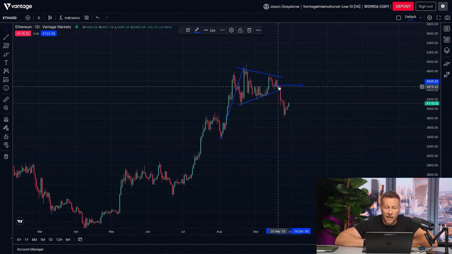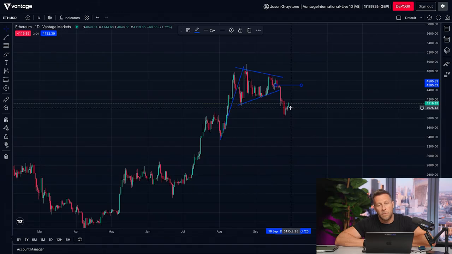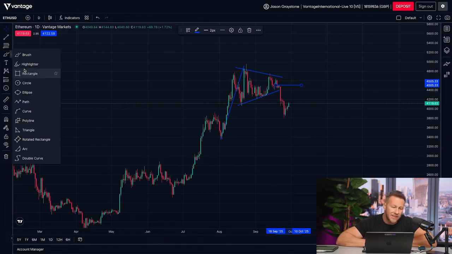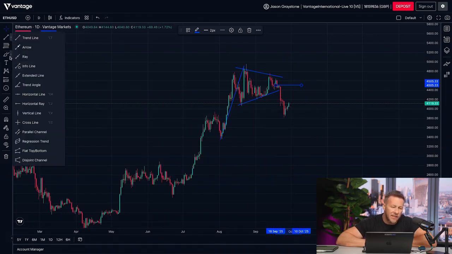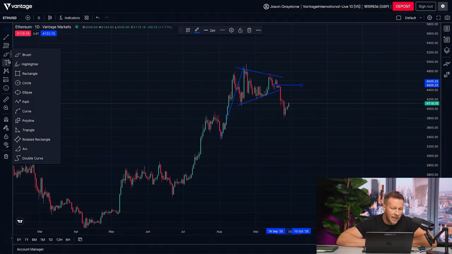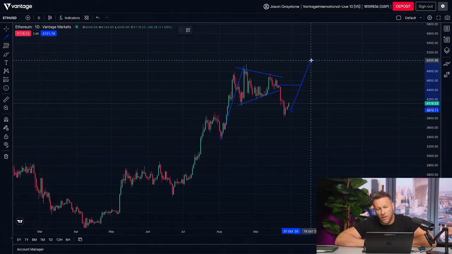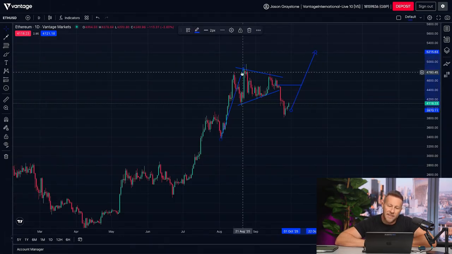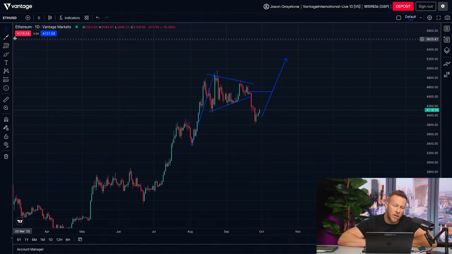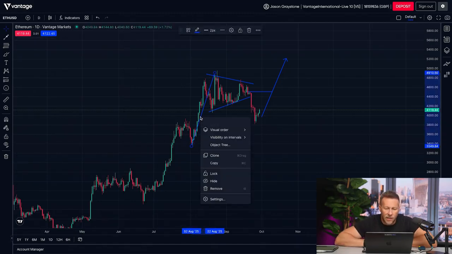And as you can see now, we've rolled over and now we're starting to push up. So the consensus is, the idea is, if I can just find the arrow tool here. So we're likely to push up at an extension of this, 72% strike rate on my testing on the markets that I do trade. So if we're to clone this,